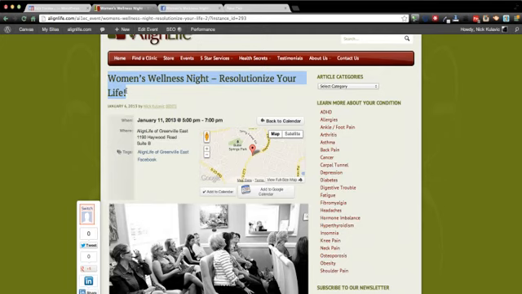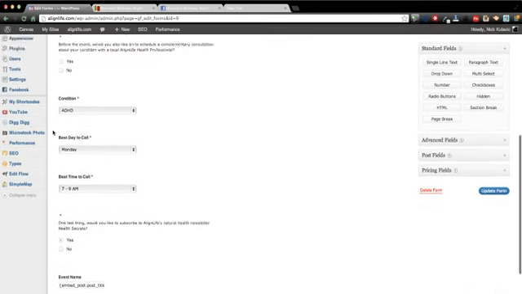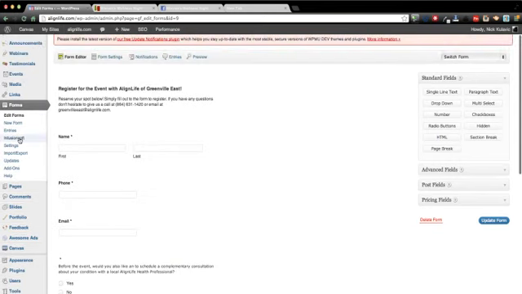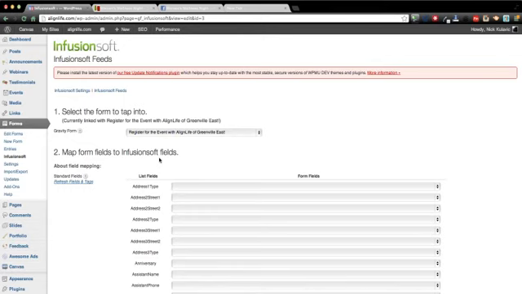Now if you don't want to use Gravity Forms, actually hold on, before I get ahead of myself, let me go ahead and show you the integration of Infusionsoft. So in Gravity Forms, all we have to do is click this Infusionsoft integration right here. And we see that we have the Greenville East. It's as simple as picking which fields match which fields in Infusionsoft, and then applying the tag. And why does applying the tag matter? Remember,